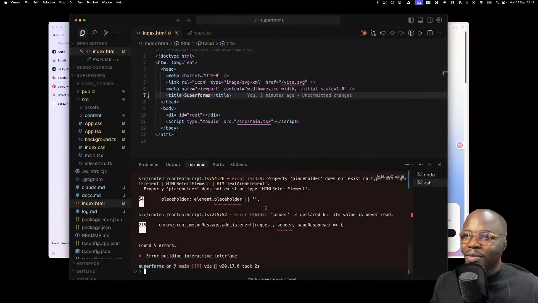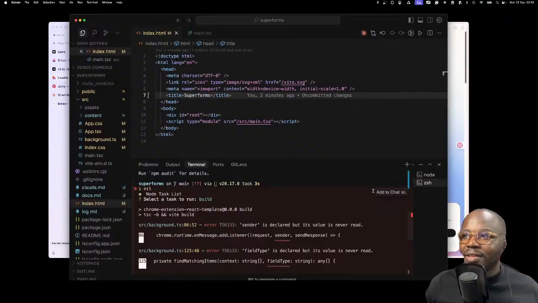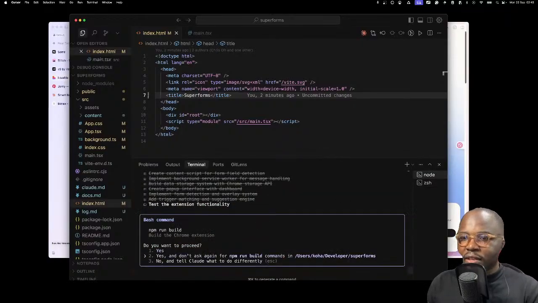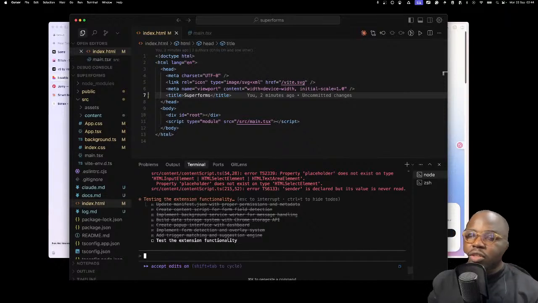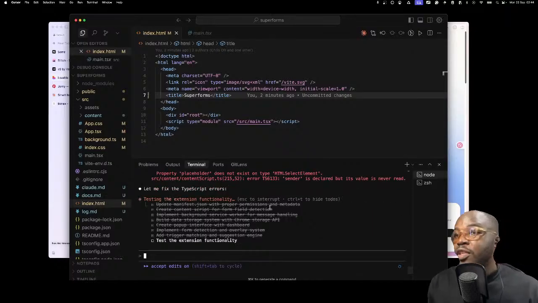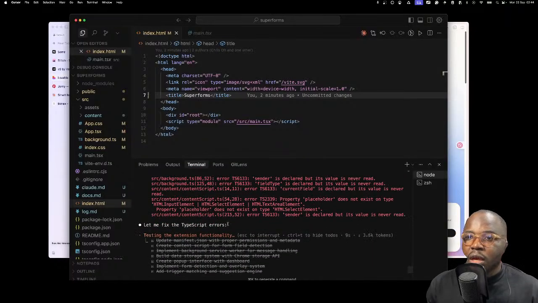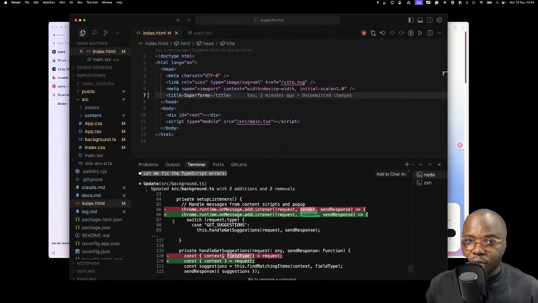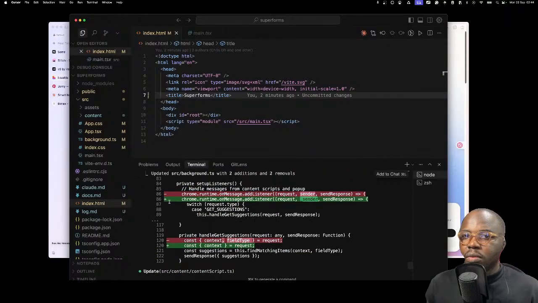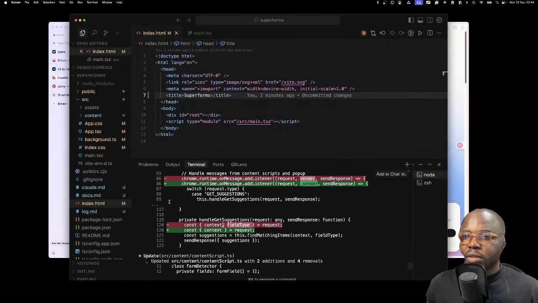Oof, we got errors. I'm going to let it run the build so you can see the errors and fix them. Yeah, so if you let the agent run the build process, it sees the errors and fixes them. The other alternative is I run the build and I copy the error and paste it. But you see, automatically it's trying to fix it because I told it to run the build. So when it ran the build, the errors propagated in its environment. It can see them as a response. So it's trying to fix it.